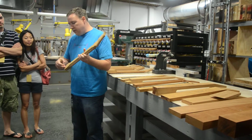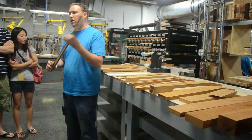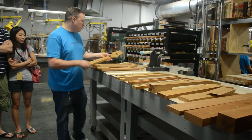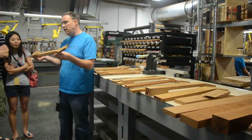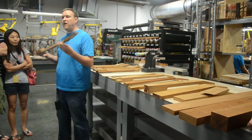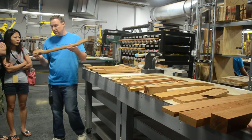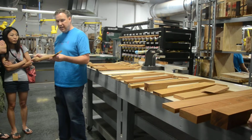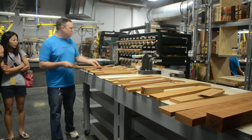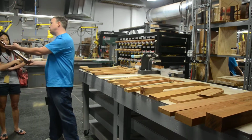We're going to take dowel pins, insert them there, put glue all over this, and the heel is going to get glued on this. So what you have is this right here, and then it's ready for the final carve. So we'll put it back in the CNC machine, and here's your final carve. Now, it still has to get sanded at this point. So the neck will get sanded, and here's your final neck sand process. You guys can pass that